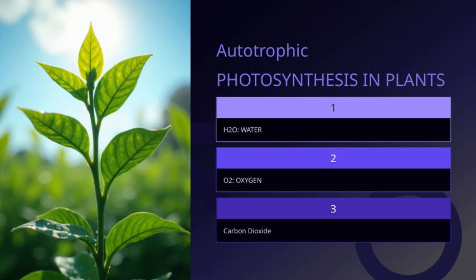Then we have carbon dioxide, which is essential for the process. Plants take in CO2 from the air through tiny openings called stomata on their leaves. Putting it all together, these three elements, water, oxygen, and carbon dioxide, are fundamental for photosynthesis. This process allows plants to convert light energy into chemical energy, fueling not just their own growth, but also supporting life on Earth by producing oxygen and food. So, these components connect directly to the overall theme of autotrophic life and how plants sustain themselves and the environment